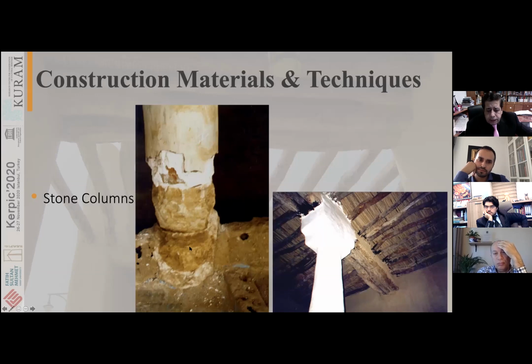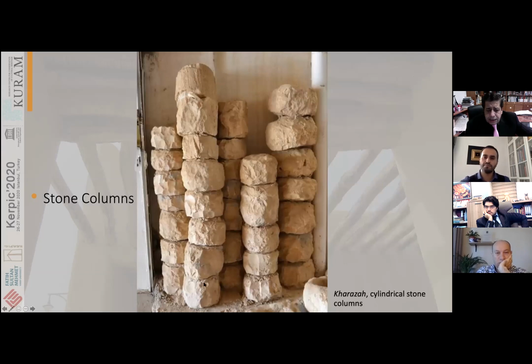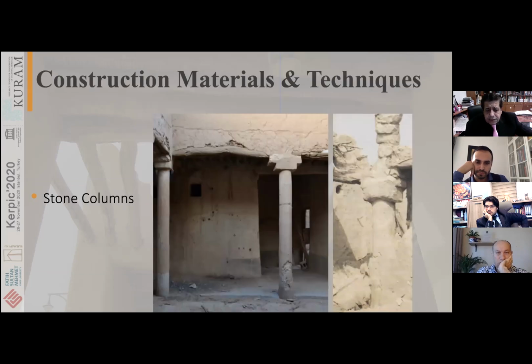Walls and columns are made out of stones, like balls or cylinders of stones placed on top of each other to form columns. It's called kharaza, just because they are cylindrical stone columns, and they are brought from the surrounding hills and mountains. They are mostly limestone, and they are used for roofing and for columns inside the spaces or in the arcades,